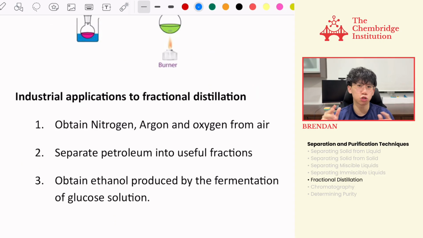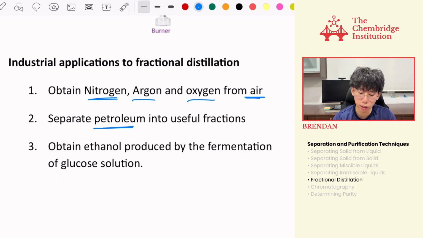So what are some industrial applications of fractional distillation? Well, one, you can obtain nitrogen, argon, and oxygen because they have different boiling points in liquid air. You have it at very low temperatures, but you can still separate them out. You can also separate petroleum into useful fractions, and you come to learn this in your fuels chapter in secondary 4,